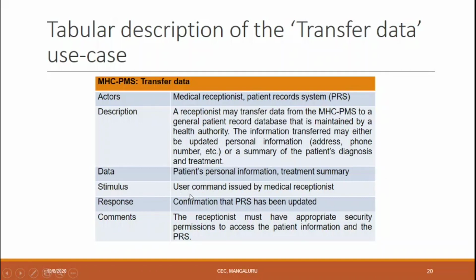Stimulus is a user command issued by the medical receptionist. Response: confirmation that the patient record system has been updated. An acknowledgement is sent back to the actor that the patient information has been updated.